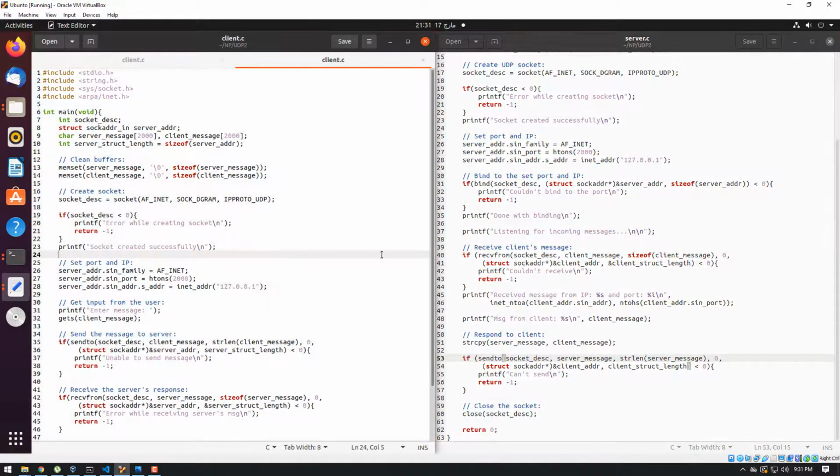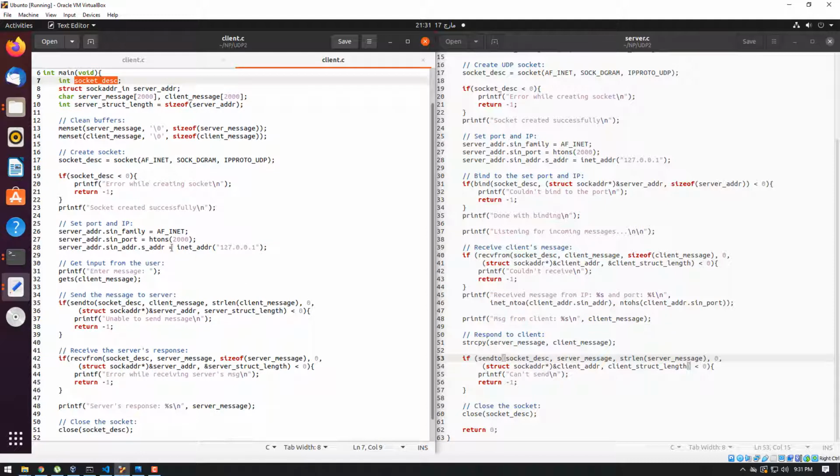In the same way, we have written the UDP program for the client. The socket descriptor and everything else is the same, except there is no need to bind the client address. We have already discussed this, but I will discuss it again at the end of the lecture. The rest is the same. Enter the message; it will read the message and write the message. The client will get the input and send it to the server, and on the other hand the server will receive the message and send it back to the client. So let's execute those.